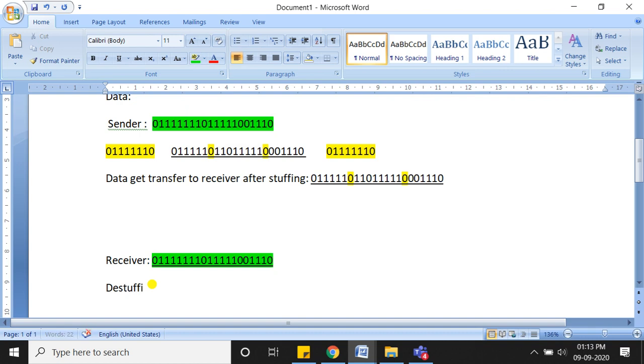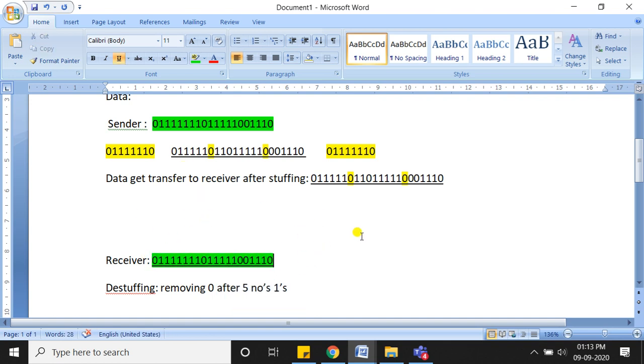Destuffing means removing the 0 after 5 ones. If the receiver sees a 0 after continuous 5 ones, he will remove that bit and get the original data.